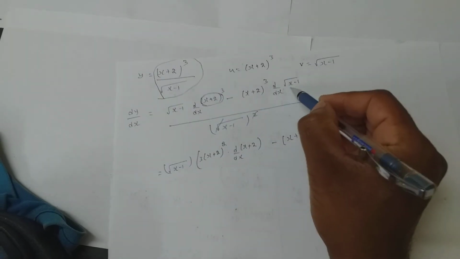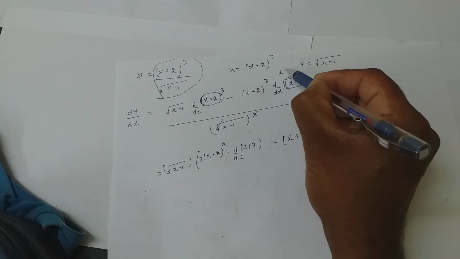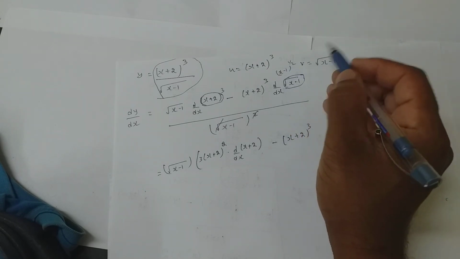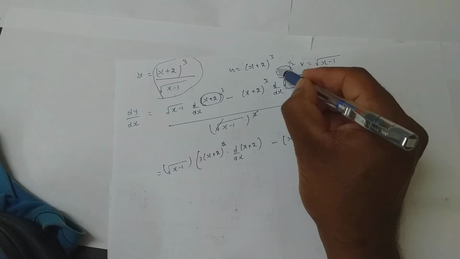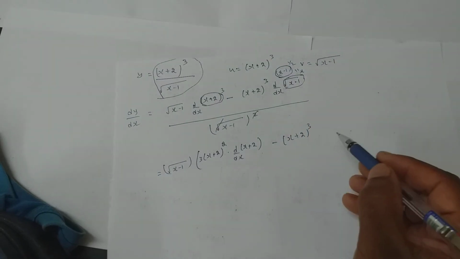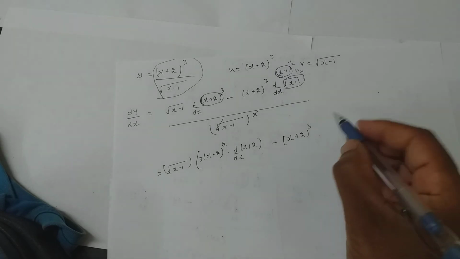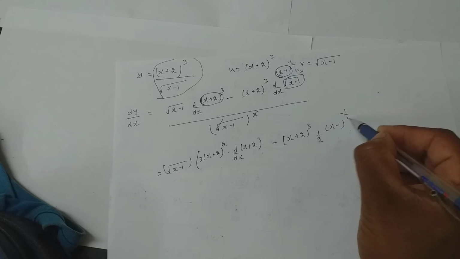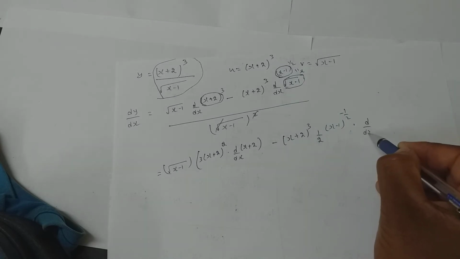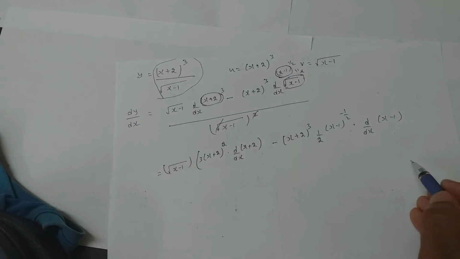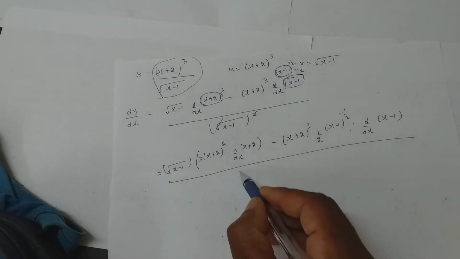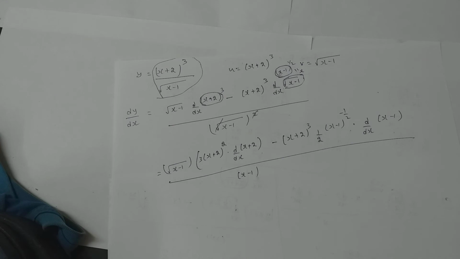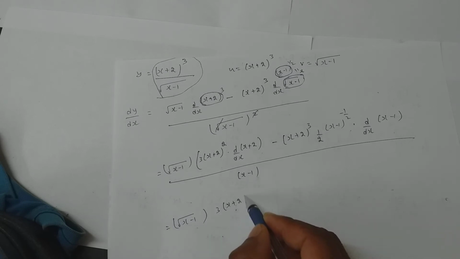And again over here, this is nothing but (x minus 1) power half. Again I need to consider this entire part to be x. So now x power half differentiation is half into x power half minus 1, minus half I get, into d by dx of, in place of x, whatever you have assumed. And the denominator is x minus 1. Clear?